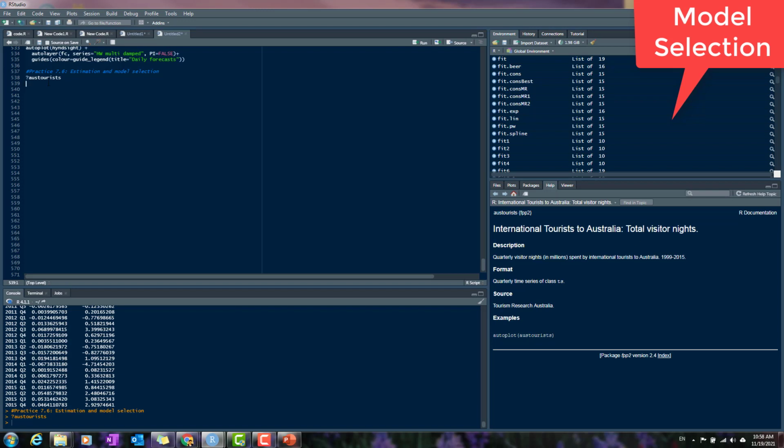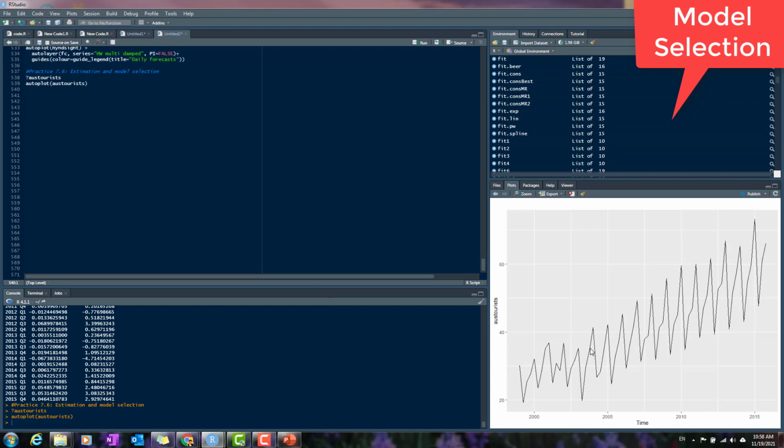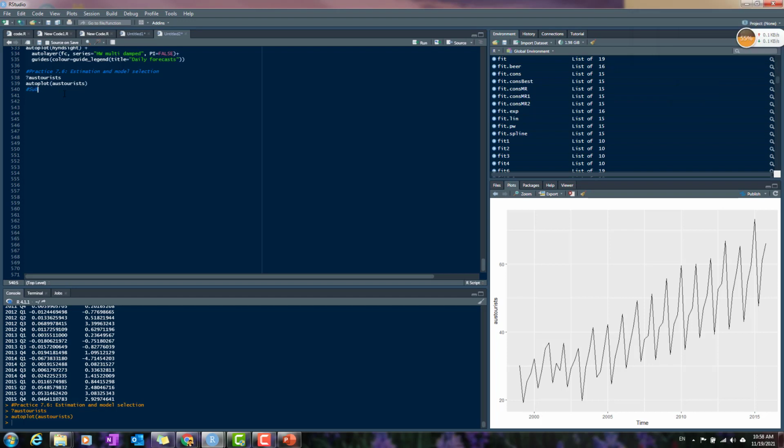Using the autoplot function once more on the Australia tourist data, you will see the variation, especially in the seasonality, was not stable before 2005. But after 2005, the seasonality looks quite stable, robust and consistent. That's why people want to subset the data